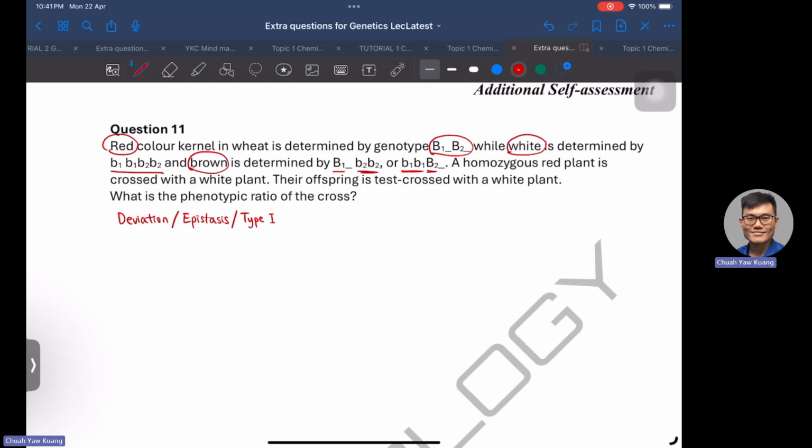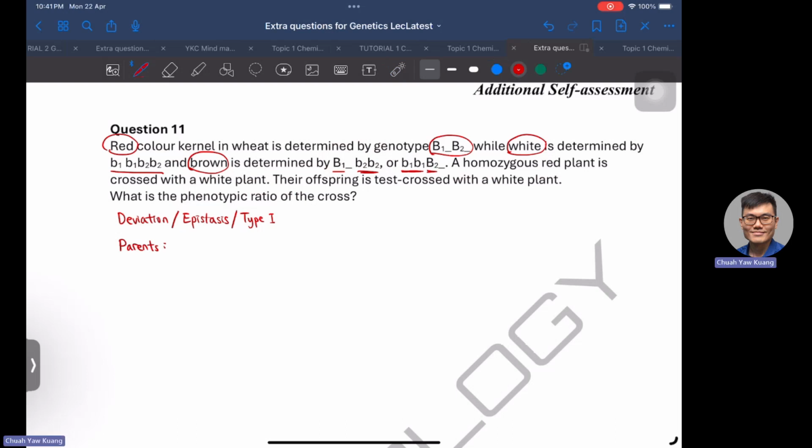Based on what we see here, it states that a homozygous red plant is crossed with a white plant. So we will start with the parents. The final question is asking for the phenotypic ratio, so no matter what, we have to do the Punnett square. So for the parents,